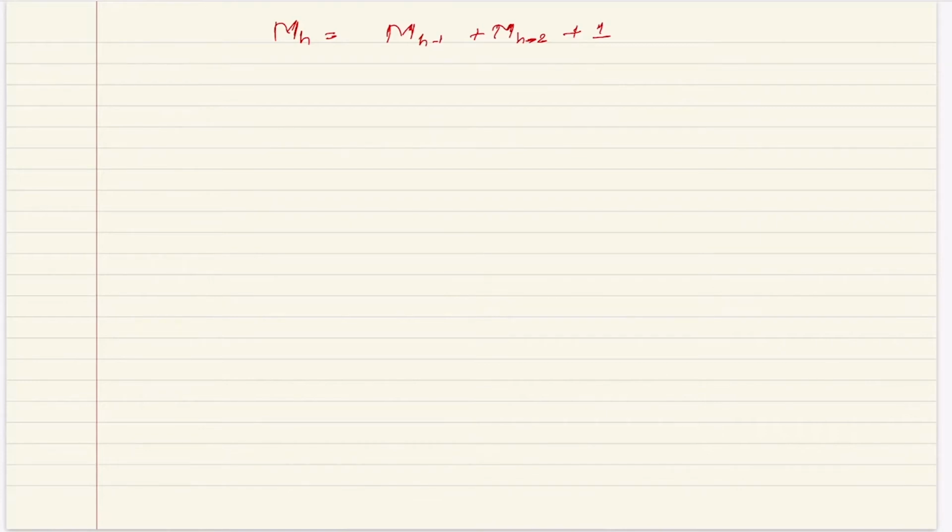So yeah, what is the base case? So you have what is m0. If the height is 0, there is only one node, right? What are the minimum number of nodes for height 1? Yes, for height 1 you have a root, and you need to have at least one more node, right? So the minimum number of nodes for height 1 is 2.